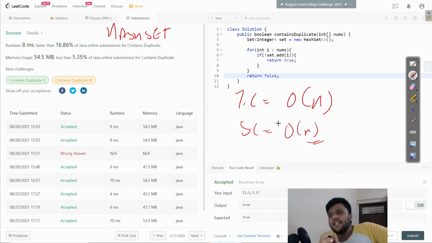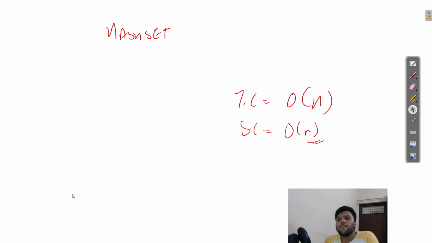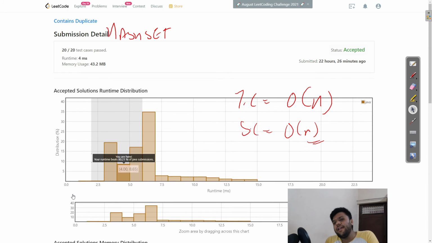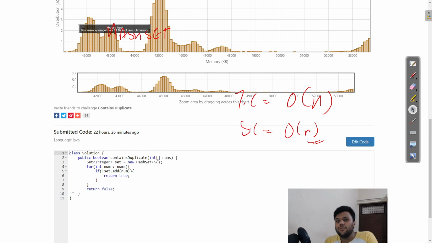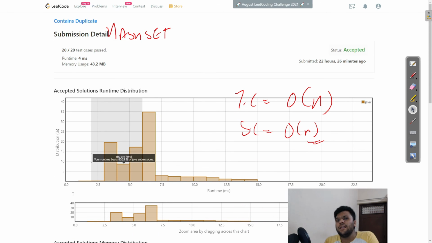Okay, so I hope this thing is clear, how we are solving this question. And let me just go for this one. Yeah, I have 80% submission. I use the same code over here, if you see. So I hope this thing is clear, how we are solving this question. If you still have any doubt, I'm just saying try to watch this video again. You will definitely understand how we solve this question.